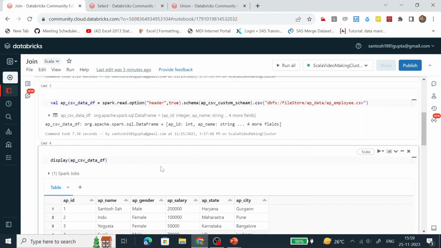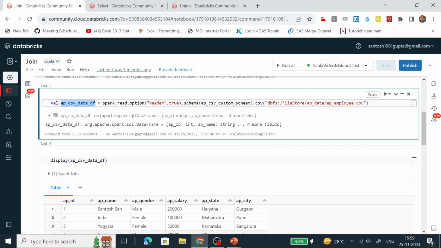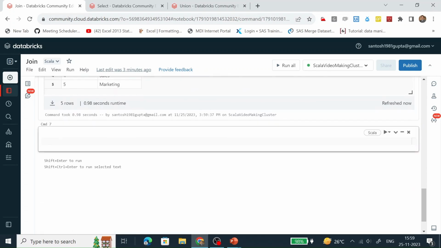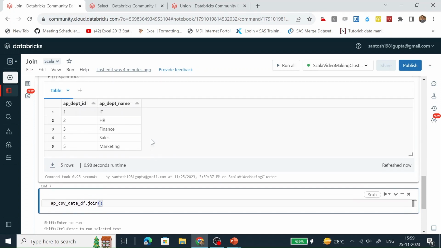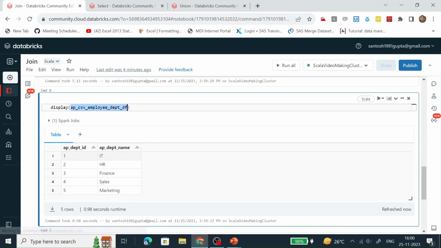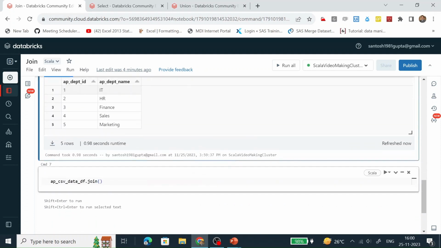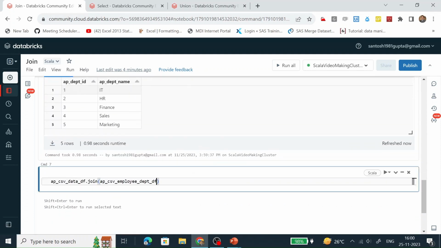So how are we going to join? On this data frame, we call the join function, and in join we have to pass the name of the data frame which we are joining with this data frame, comma, then select the name of the column on which we are joining.